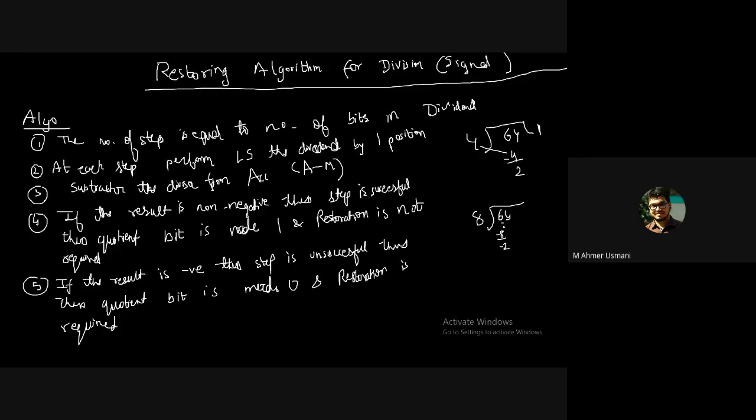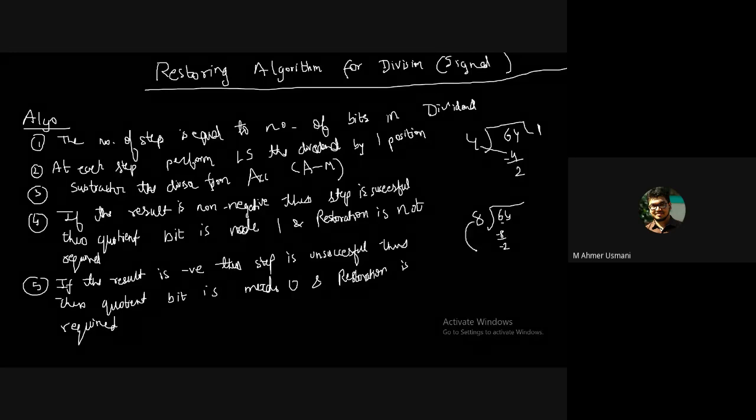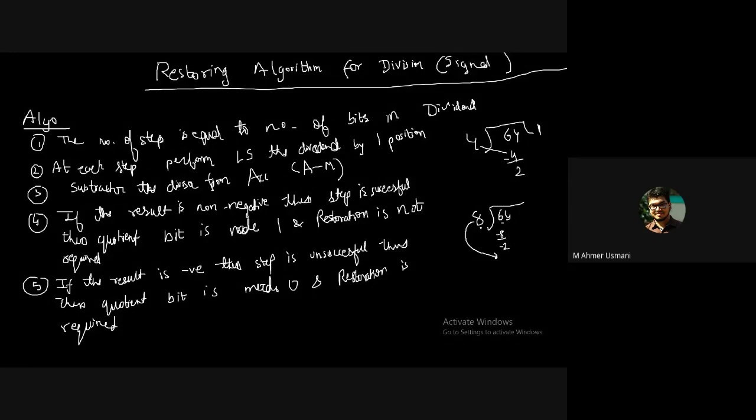Computer cannot do that. Computer need to restore this number again. So in order to restore, what it will do, it will add this. What is this? Divisor or dividend? What is this? डिवाइडर. Divisor. It will add the divisor again into the accumulator. So accumulator में फिर से क्या करेगा? Divisor add कर देगा. What will get as answer now? We'll get 6 now. Now it will get this 4.